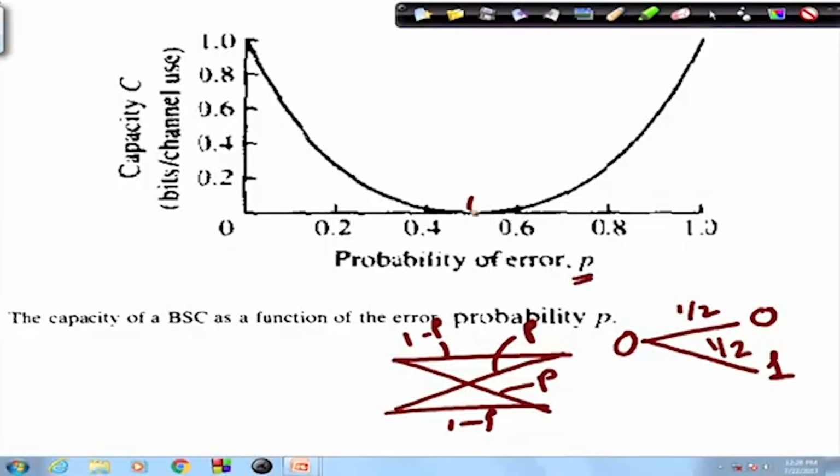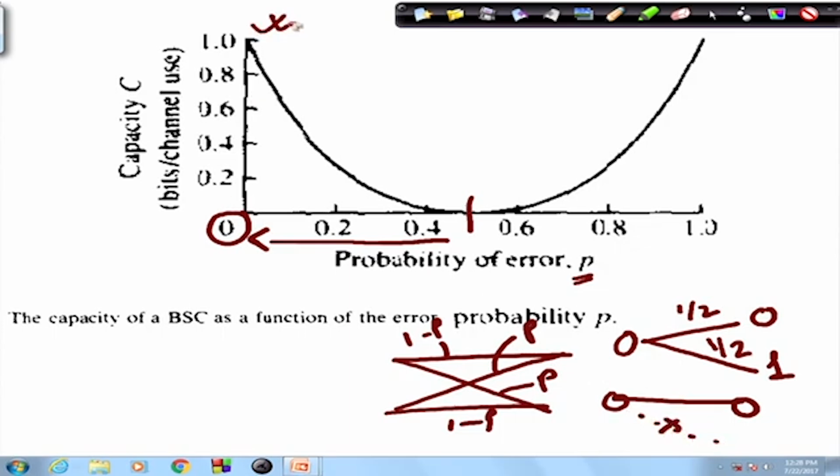So, that is what is conveyed over here. At a transition probability value of 0, capacity is minimum, you hardly make sense out of what is going on in the channel. Whereas, as the probability of error becomes 0, that means 0 remains 0, it does not become 1. So, there is hardly any probability of error, your channel capacity is maximum. True, because there is no error, you achieve the best.